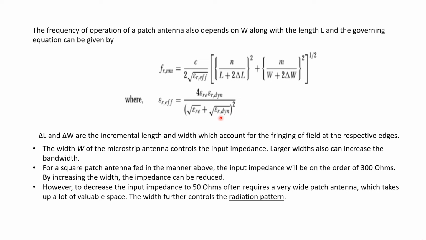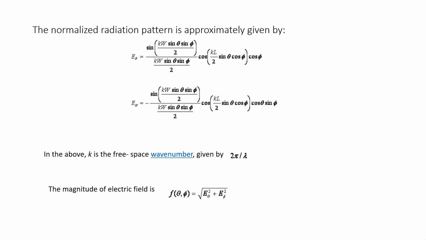Then in this the width W will control the input impedance, that is, larger widths will increase the bandwidth also. So for a square patch fed in a manner above, the input impedance will be of the order of 300 ohms, and by increasing the width the impedance can be reduced. And if you want to decrease the input impedance, then you need more area, and this will again be controlled by the radiation, and the normalized radiation pattern is given by these formulas